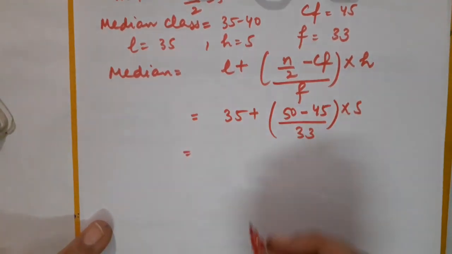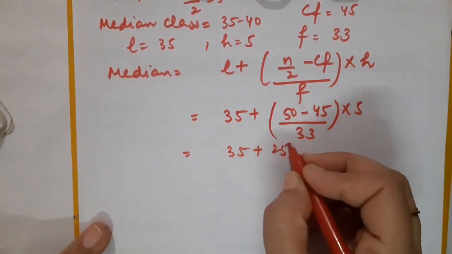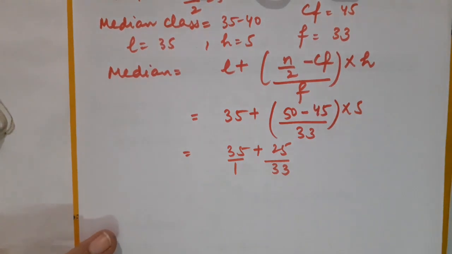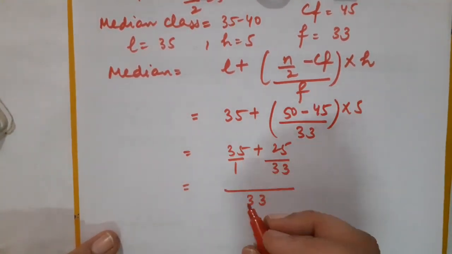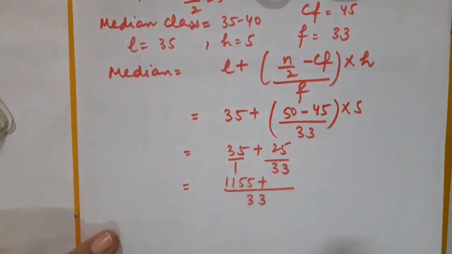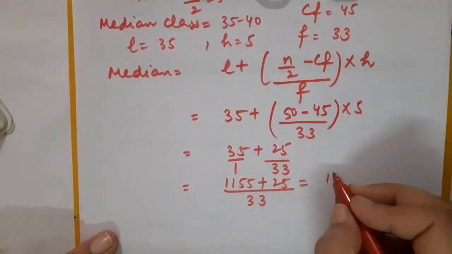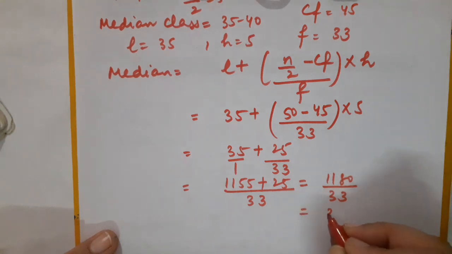So I have got 35 plus 5 into 5, that is 25, divided by 33. Let us take the LCM. LCM will be equal to 33. 33 into 35 will give you 1155 plus 25. Add them, that is 1180 upon 33. Divide it, you will get